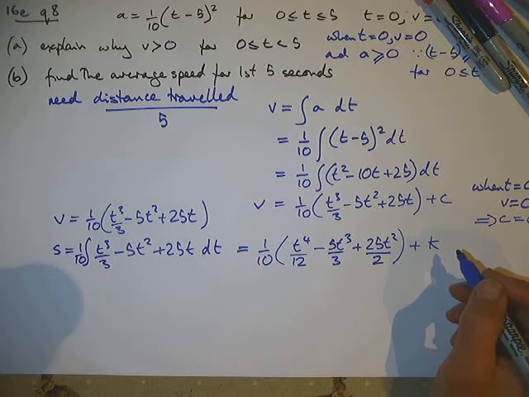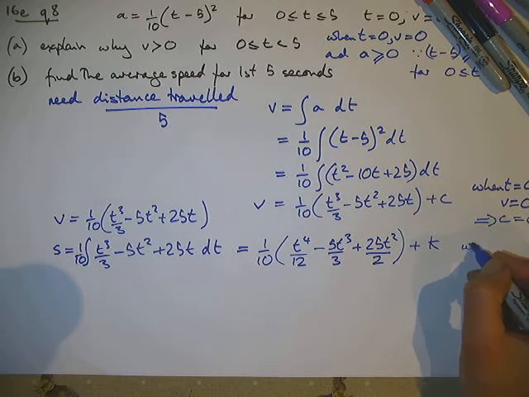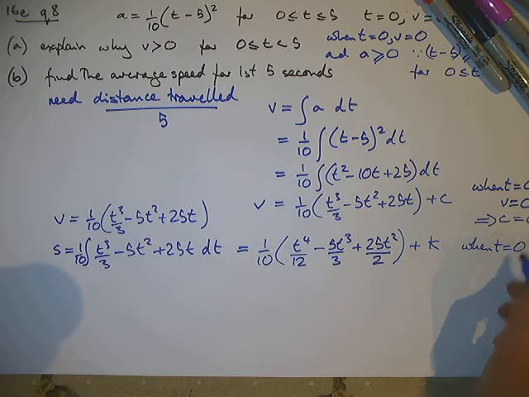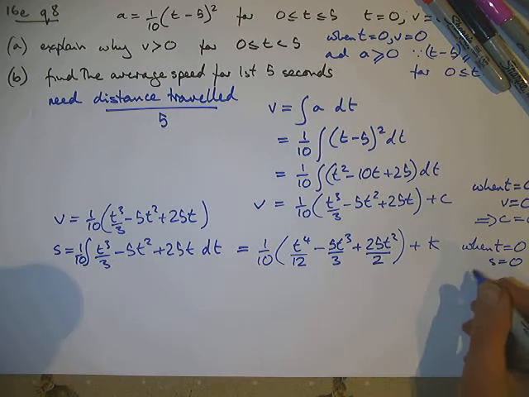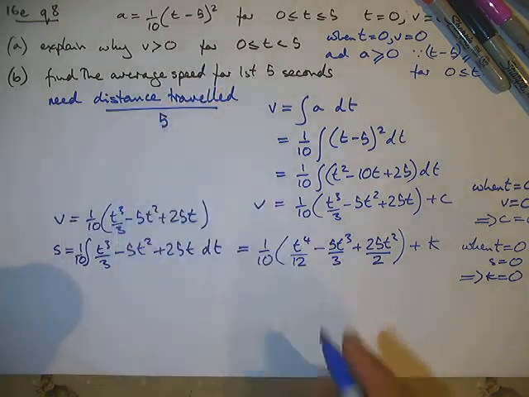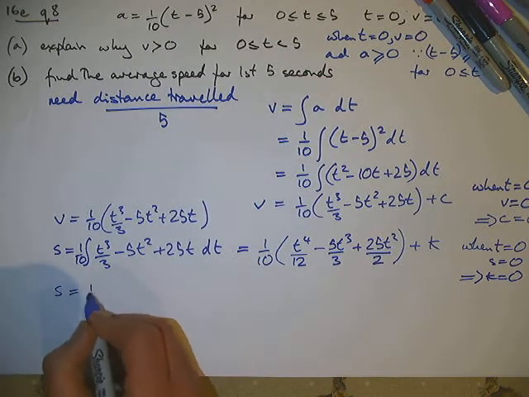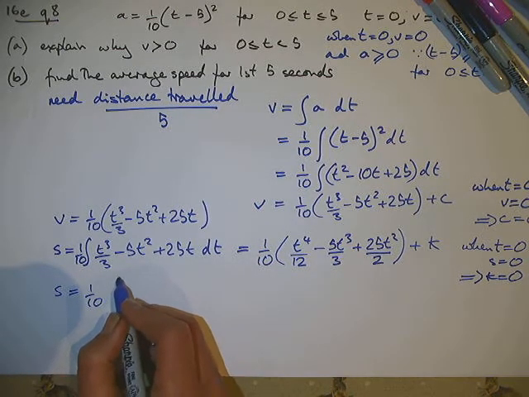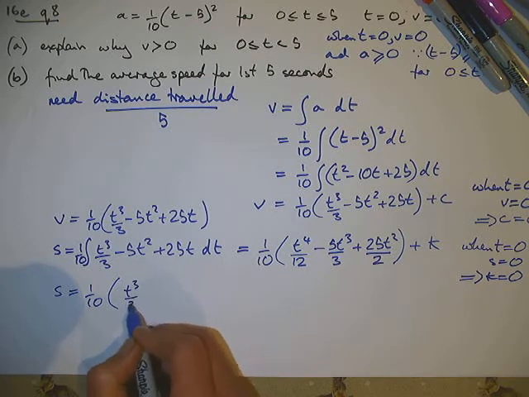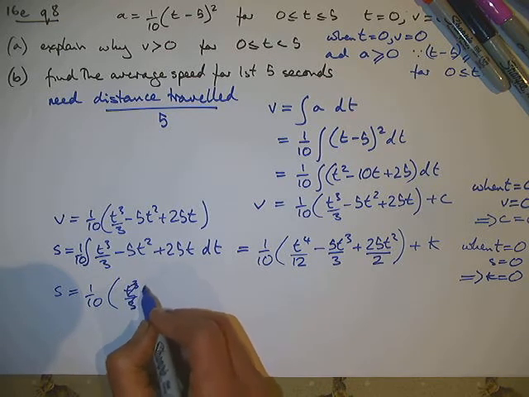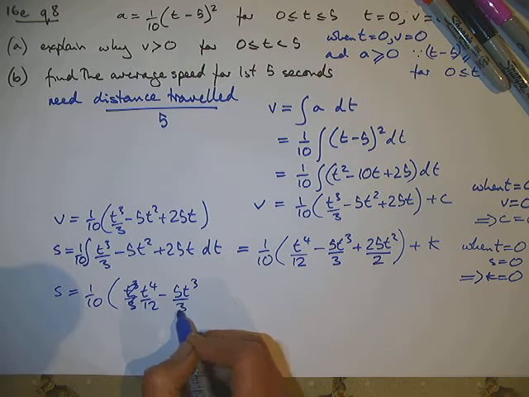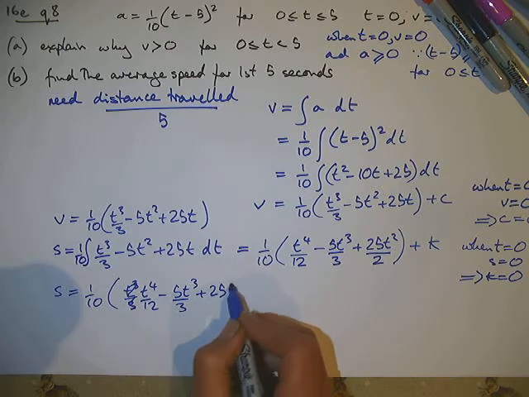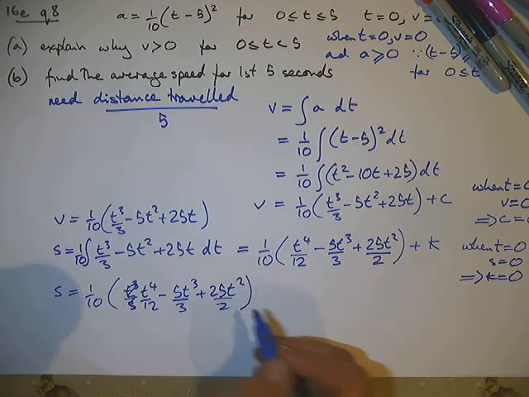It wants the distance travelled from where it started, so we can say when t is 0, s is 0, and if I put 0 here and 0's there, I get k is 0. So distance travelled in 5 seconds, we get s is a 10th of t to the 4 over 12, take 5t cubed over 3 plus 25t squared over 2,